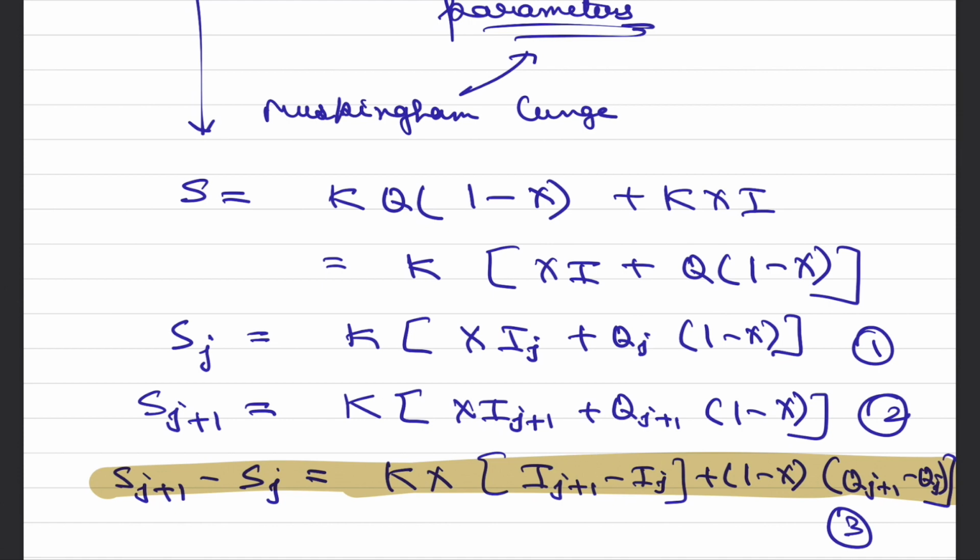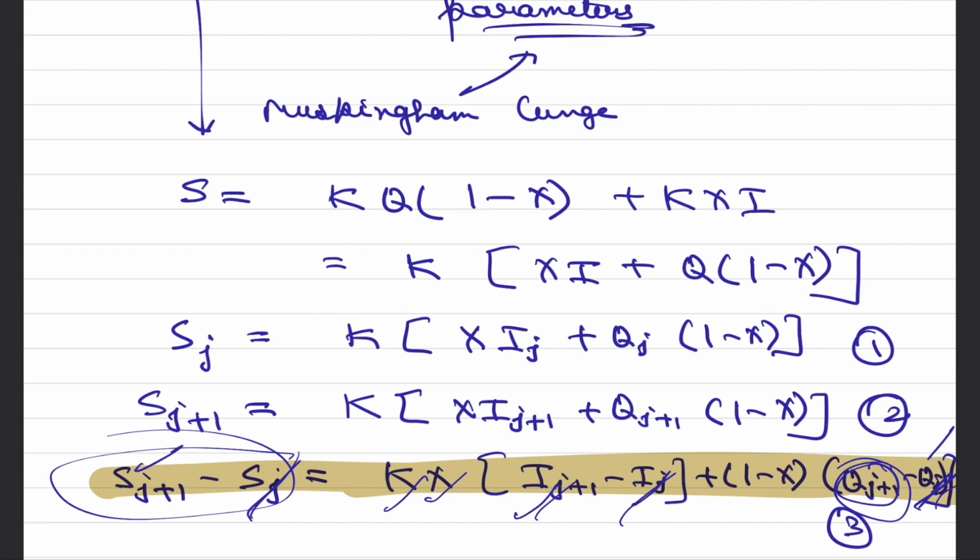Now we are interested to understand, given Ij plus 1, Ij, Kx, what would be the value of Qj plus 1 if we know the boundary condition at Qj equal to 0, that is, at first time instant we know the value of Qj. But there are so many unknowns. We need to have boundary conditions. So we can say that we know Ij plus 1, Ij and Qj, but we don't know what is Sj plus 1 minus Sj. We do not know what is Qj plus 1. So we have one equation and three variables to worry about. And of course, if we give boundary condition, we still have one equation and two variables if we know the storage at some starting point, and from there we can iteratively calculate what is change in storage. From where our second equation will come.